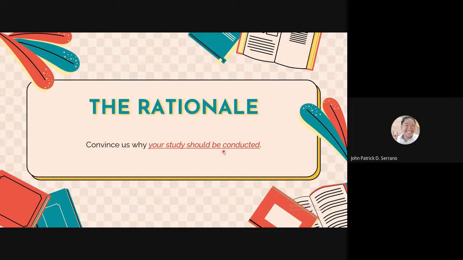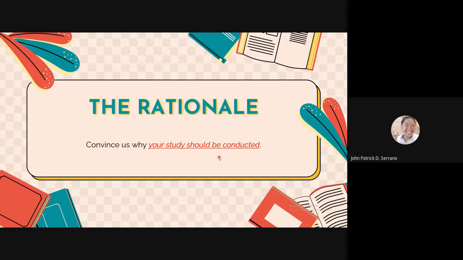Ngayon, pag napatunayan mo na, na-discuss mo na kung ano yung problema that you are encountering in your classroom setting, you need to convince your reader sa last part ng iyong rationale kung bakit kailangan makonduct yung study na yun. Kasi having discussed first your problem, yung problema na gusto mong gawan ng aksyon, ipapasok mo ngayon dito yung iyong research. You have to justify bakit kailangang makonduct yung study mo. And that's how the rationale is supposed to be written po.